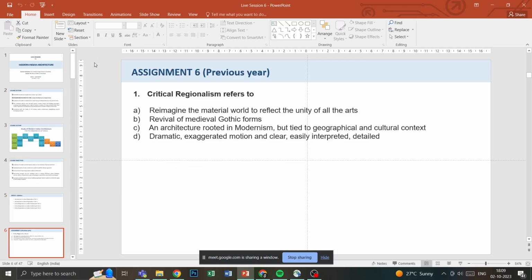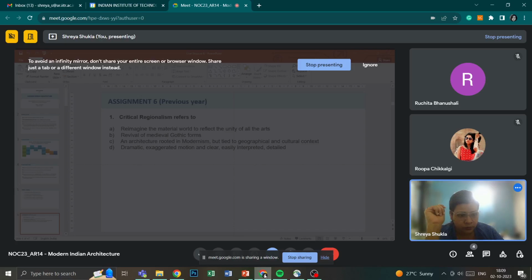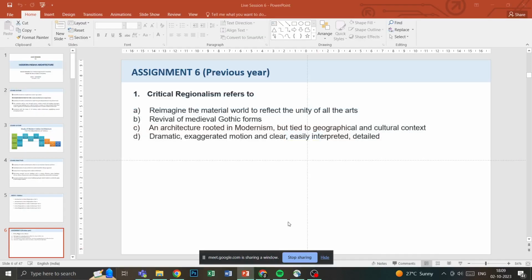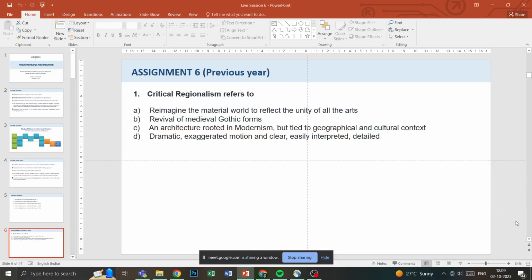So assignment 6, previous year, again making it clear that we only do previous year questions here, we do not do this year's question here. Starting with today's live session, assignment 6, question number 1. Critical regionalism refers to: a reimagining of the material world to reflect the unity of all the arts; a revival of medieval Gothic forms; an architecture rooted in modernism but tied to geographical and cultural context;